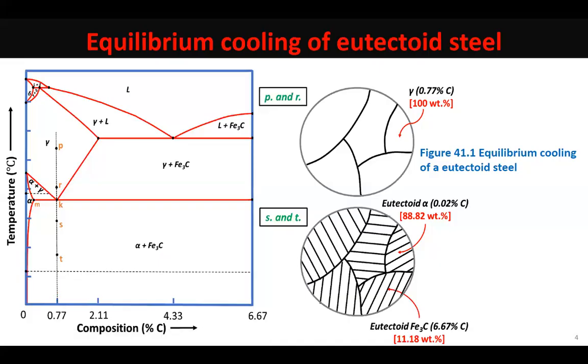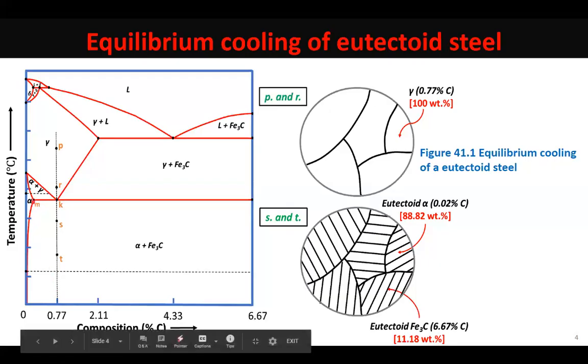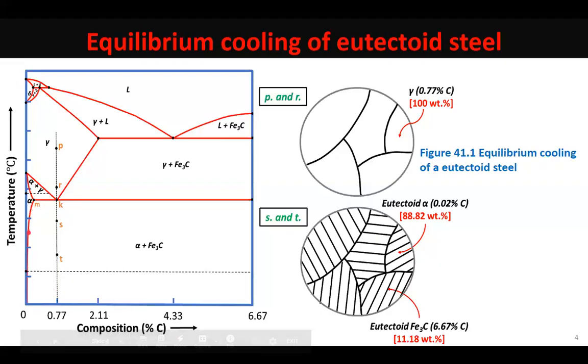Yes, when we take up this matter in more detail in our live classes, I will definitely discuss with you the significance of this line. And the significance of this line is that it tells us about the change in the solid solubility of carbon in alpha solid solution with decrease in temperature. So the ferrite that you get over here is of